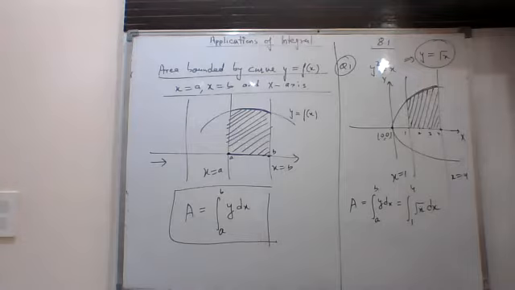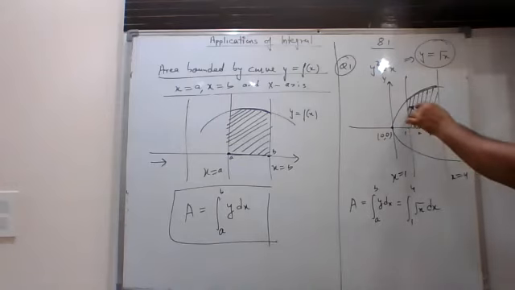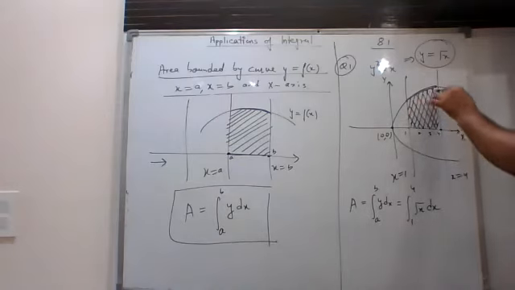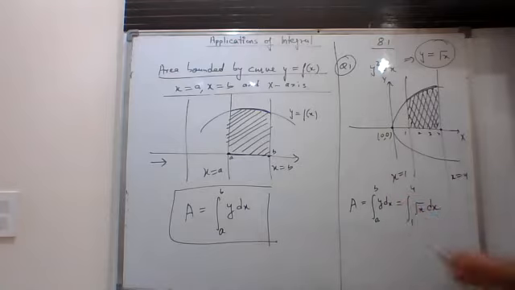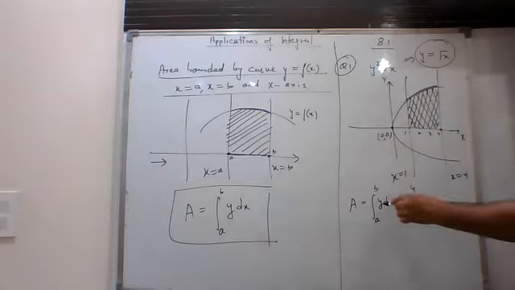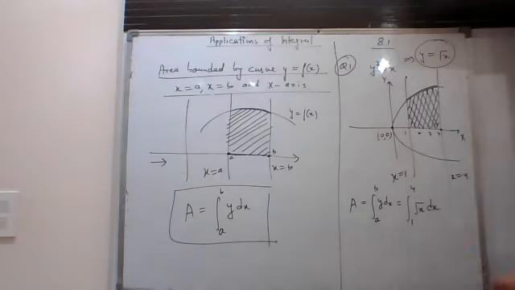So let me repeat this again. We had drawn this parabola, x equal to 1, x equal to 4. This is the area in the first quadrant which we want to find. So how to find it? You will say area is given by the integral from a to b of y dx. When we are writing dx, then we are taking the limits along the x-axis. So the movement of this curve is from 1 to 4, and y can be written as root x, which we had written here.